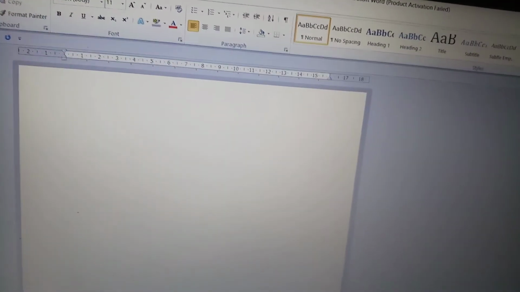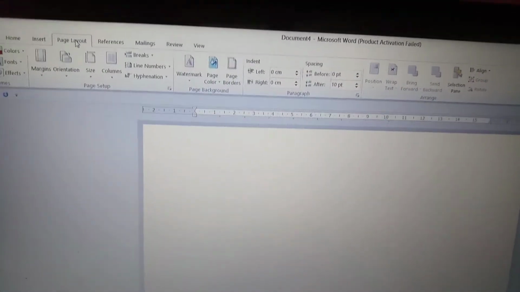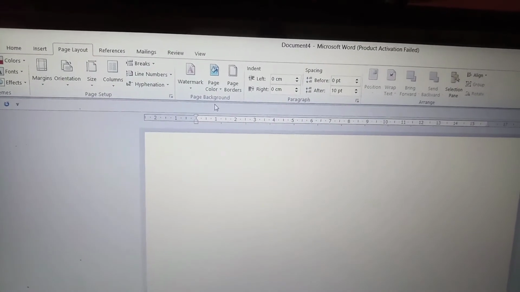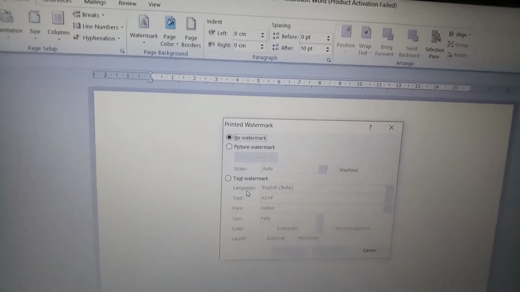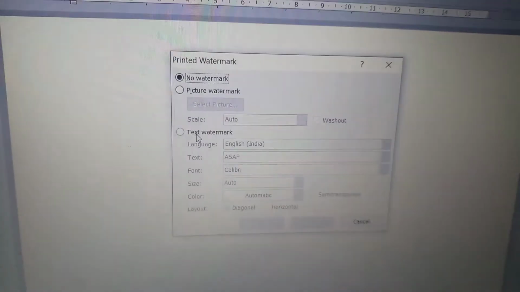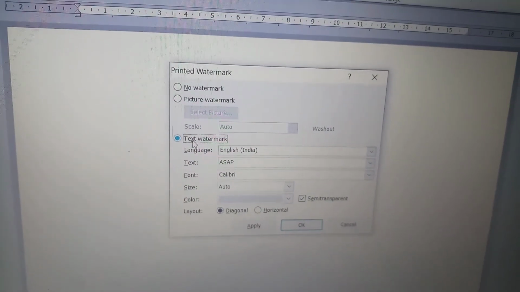Now as we want to insert the text watermark, for this we'll click on the page layout, watermark, custom watermark option, and now choose the text watermark option from here, because we want to insert the text as a watermark.